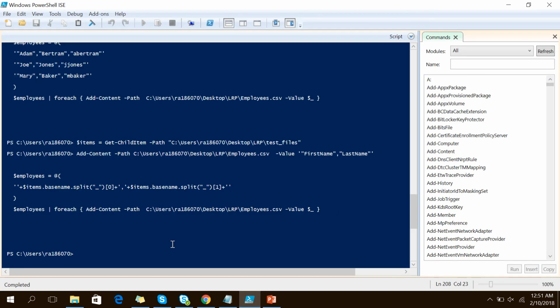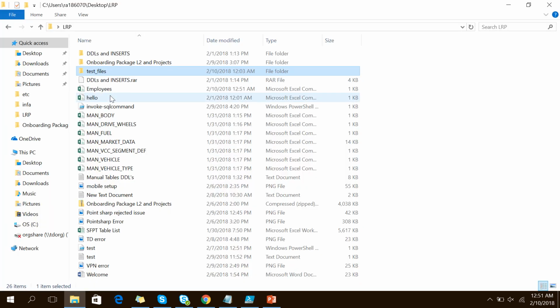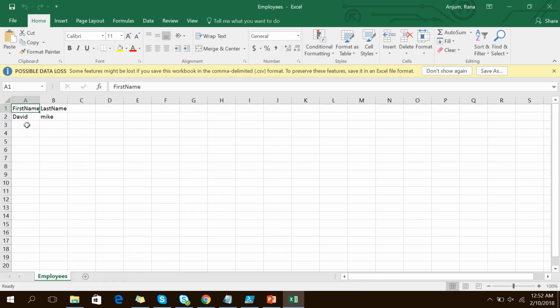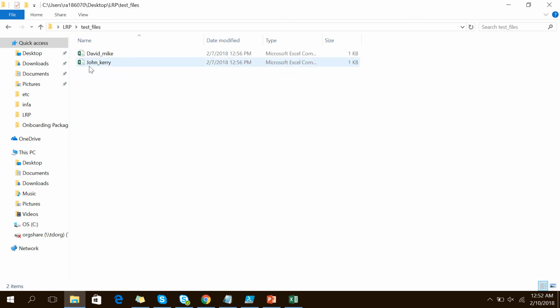Now press enter. The file will be created. The file should contain the values David and Mike, and in my folder there are two columns, but it only took the first value